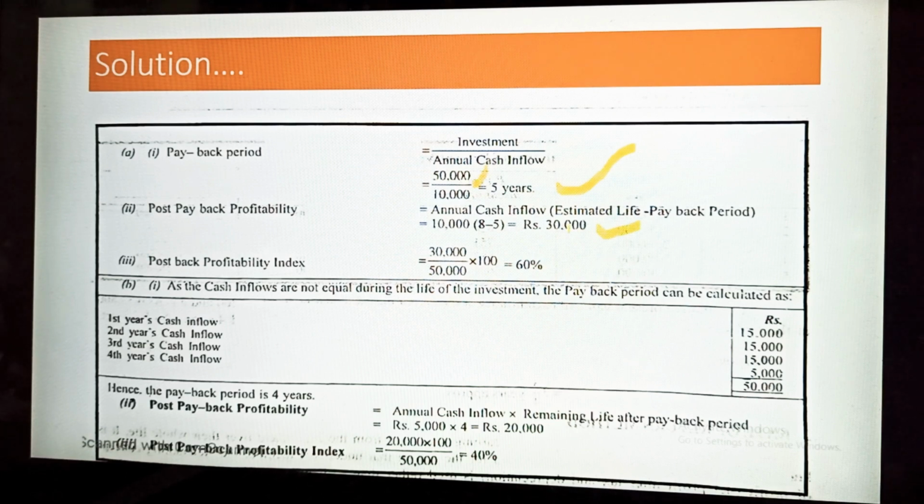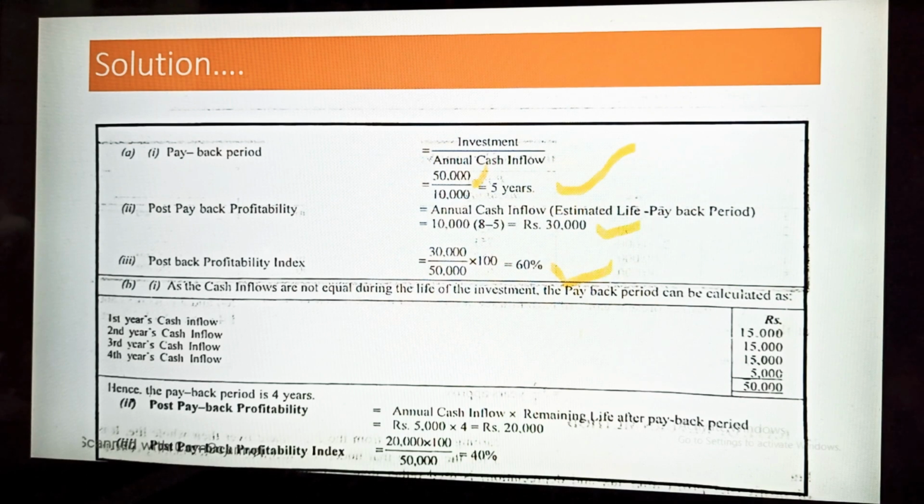Now you have to calculate the index. How much will the index be? It is very simple. You take the post payback profitability divided by investment. So here you can check: post payback profitability index is equal to post payback profitability, which is 30,000, divided by investment, 50,000, multiplied by 100. You will find the index is 60,000. So this is the case of equal